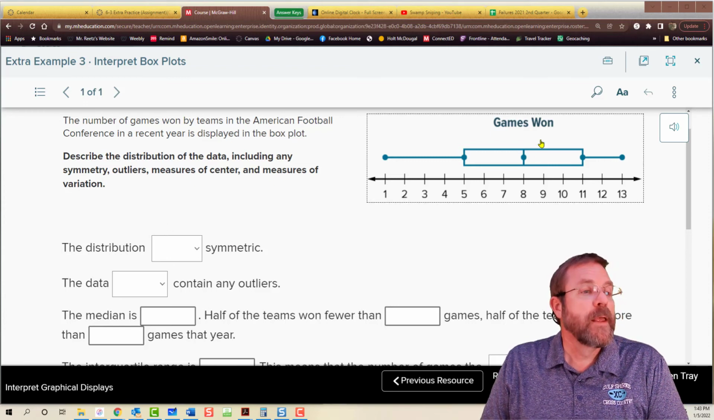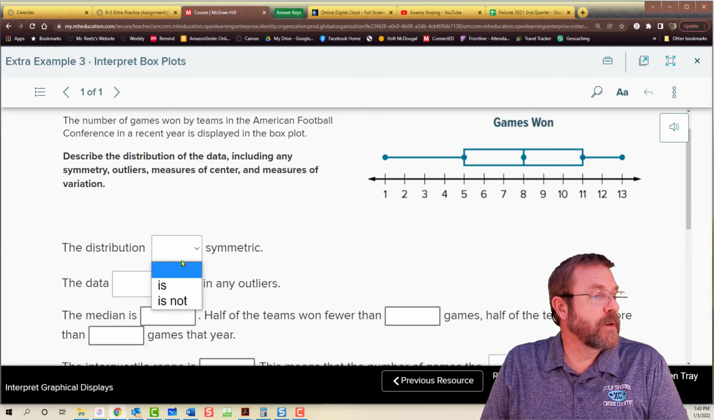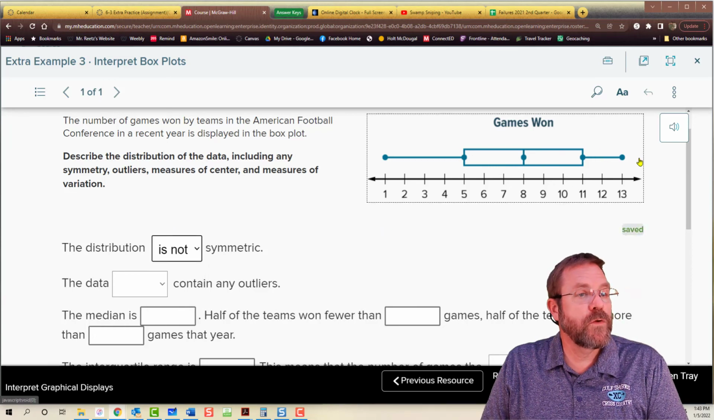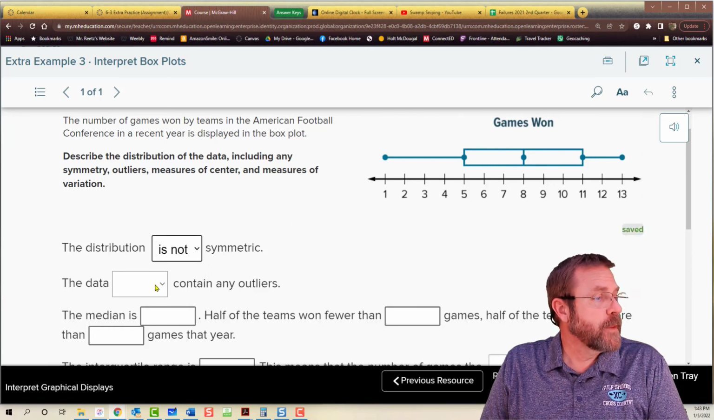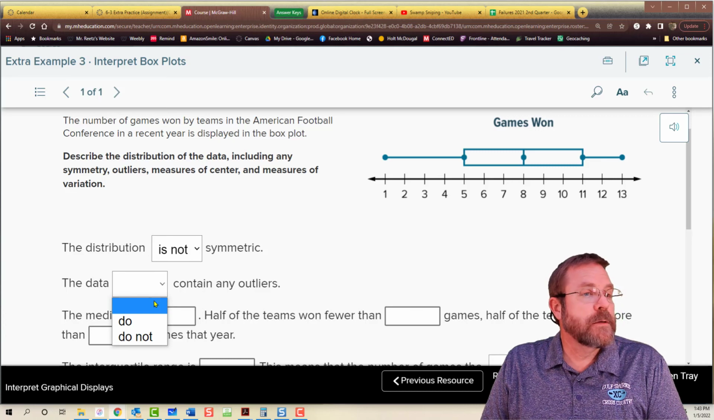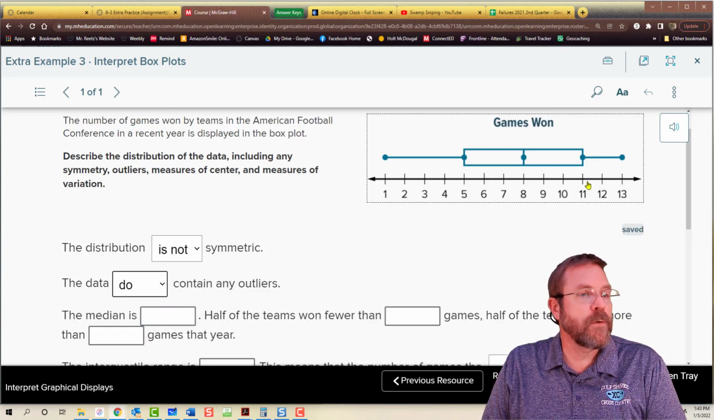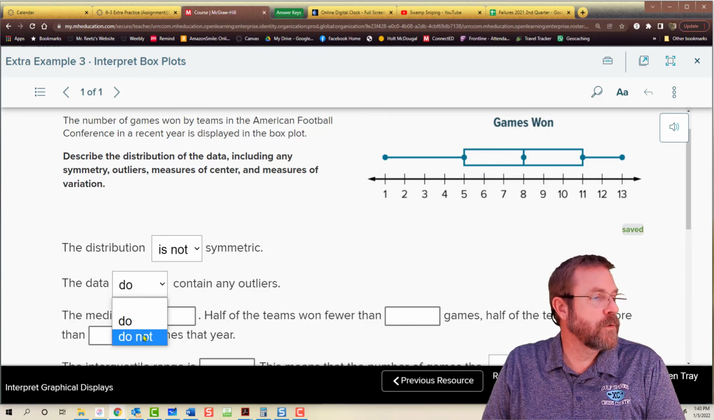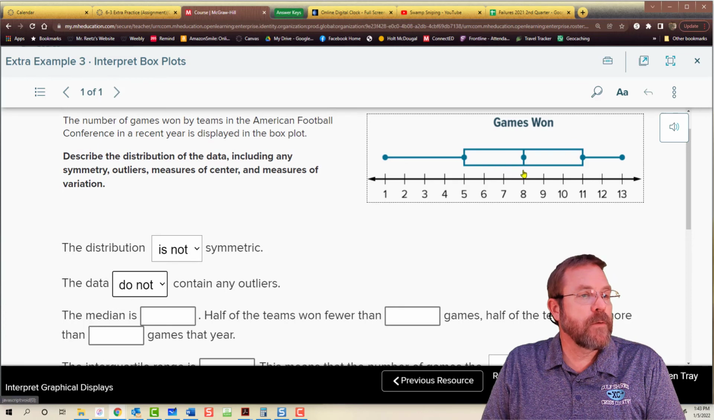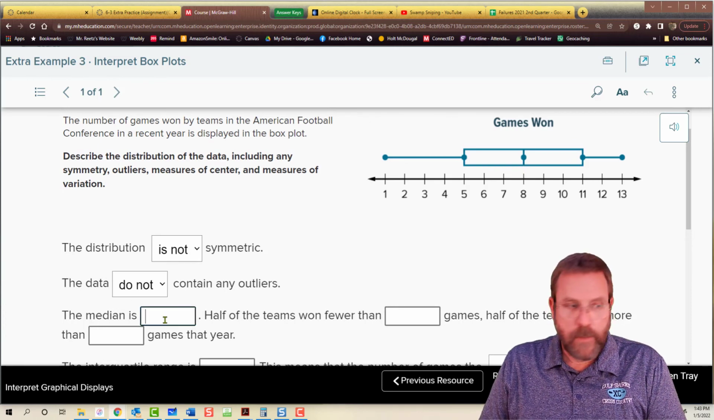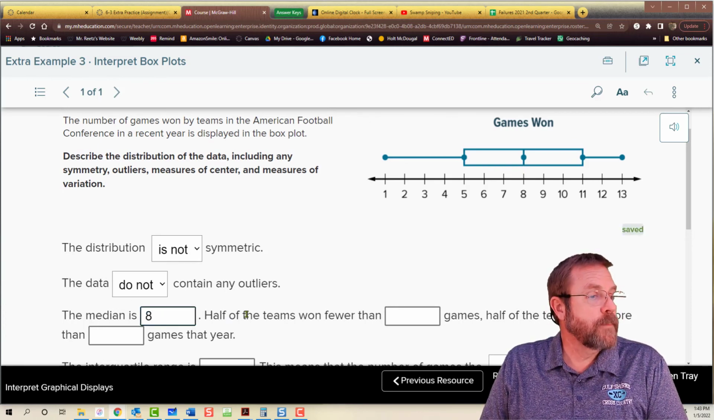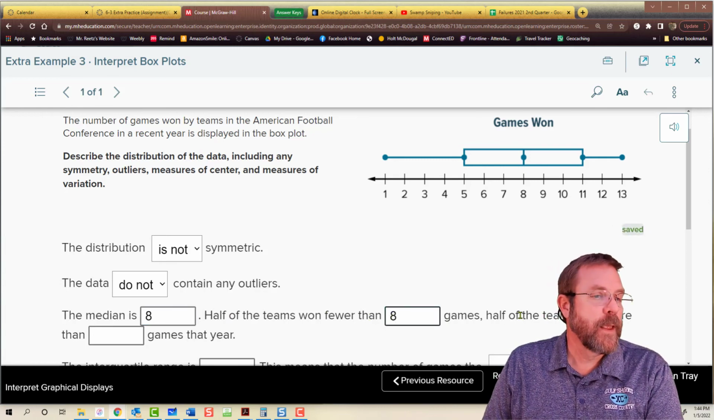All right, first off, is it symmetric? It is definitely not symmetric because it is skewed to the right over here. The data does not contain any outliers. There's nothing there with an asterisk going on there, so it does not contain any outliers. The median is going to be this value right here. So the middle value was 8 games won. Half of the teams therefore won fewer than 8 games, and half of the teams won more than 8 games